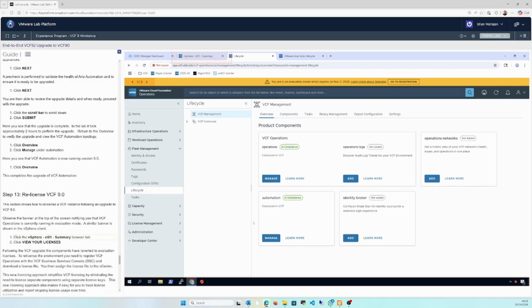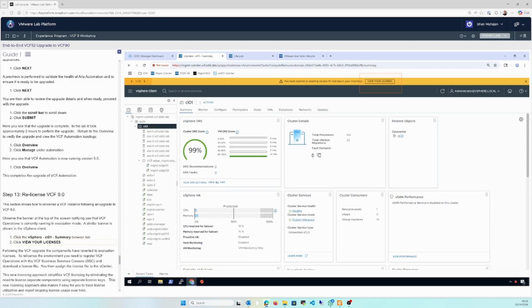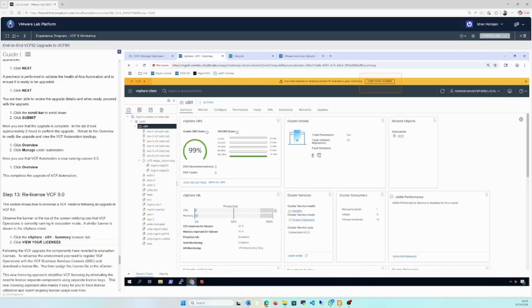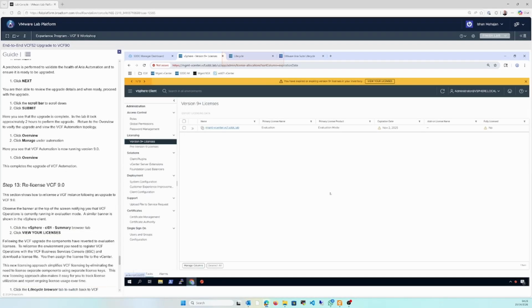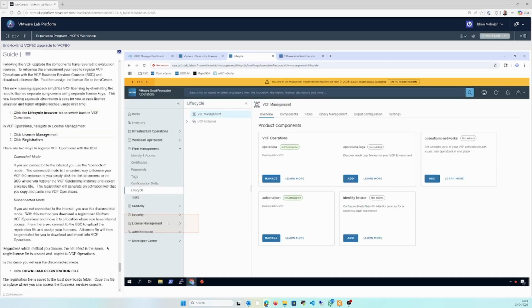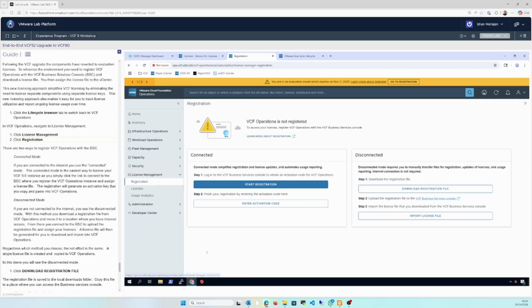Now the last part is licensing it. Click on vSphere. So we did the upgrade up till here. Now we have to relicense the vSphere 9. Click on view your licenses in here. Version 9. Click on lifecycle. Go to license management. And you are doing this through the VCF operations. So click on register,